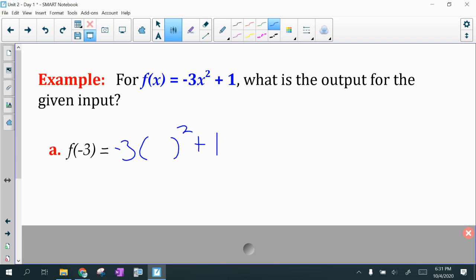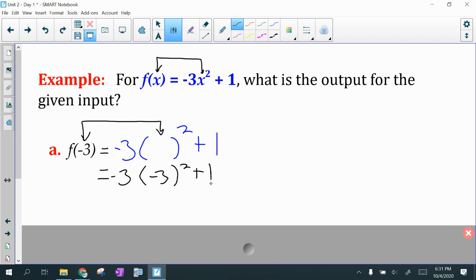I have not changed what's going on there because remember, this x just means I'm going to plug something in there. So don't make this difficult. And because of the way it's written, it's saying, hey, x goes here, so therefore x has to go here. Here it's -3, so therefore I sub it into that spot. So I'm now looking at -3 times (-3) squared plus 1. Now, at this point, many of you are going to start just multiplying it out, and you'll be incorrect. You're either going to be talking about